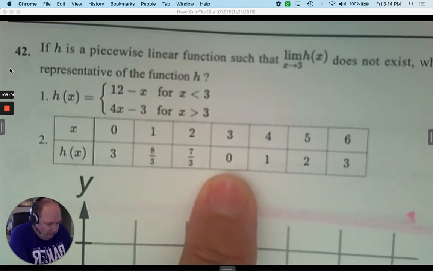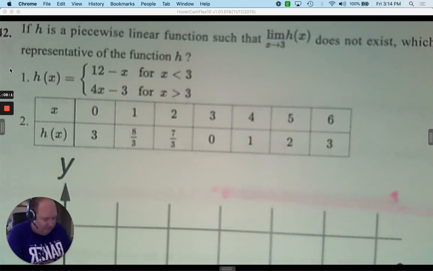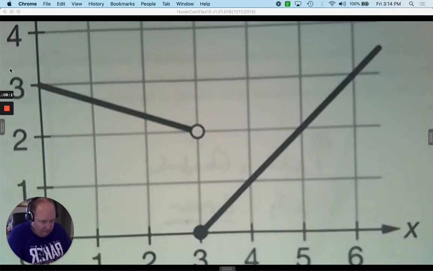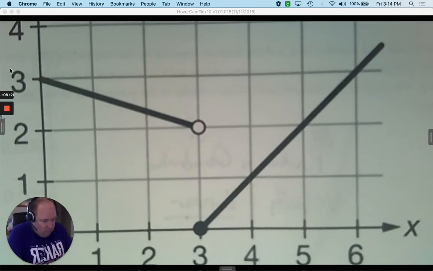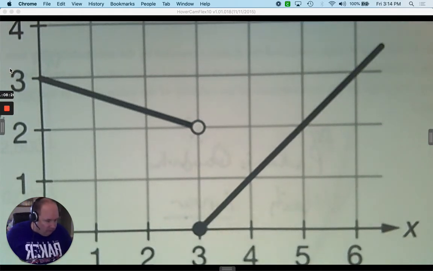is it the right answer? Is it 0? Does the limit exist? Maybe. We don't know from that table of values. Here, does the limit exist at 3? From the left and from the right, the limit does not exist for that table. So which one could be the representation of it,